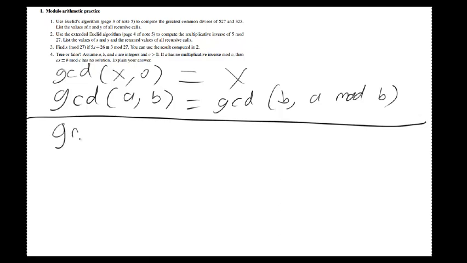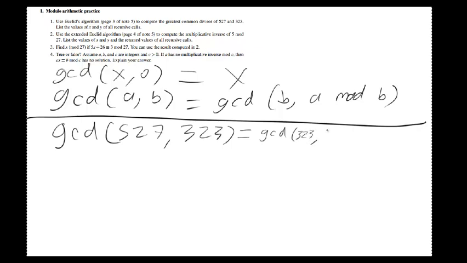So, the GCD of 527 and 323 is the same as the GCD of 323 and 527 mod 323, which is 204. Right, 527 is 1 times 323 plus 204, so the remainder when you divide 527 by 323 is 204. All right, this in turn, again applying our basic rule, which we'll apply over and over until we hit our base case with a 0, is the GCD of 204 and